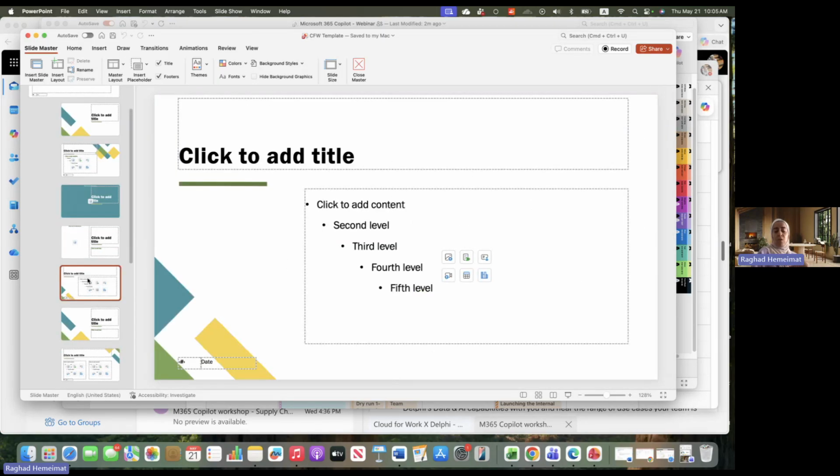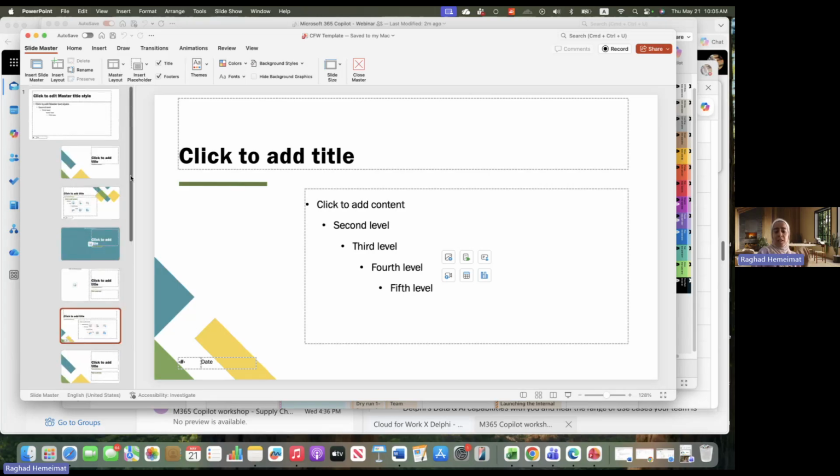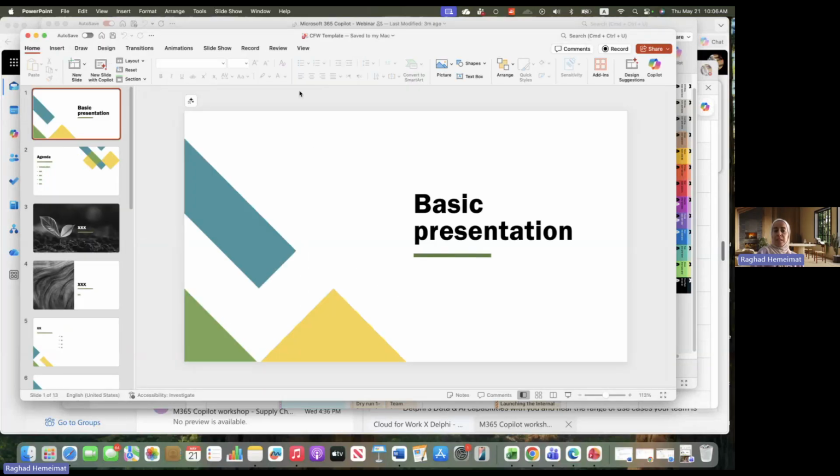If I want my Copilot to follow a certain template, we can use a template of our own. Just open the template that you use and check the slide master. Copilot will mimic, let's say, 90% of what we have in this slide master, up to a certain accuracy, as we all know. So now, just review your slide master. This is what matters. Copilot will follow this structure, and we will validate once we generate our content. This is what we prepared with the structure, as you can see. Once we check this slide master, we can start